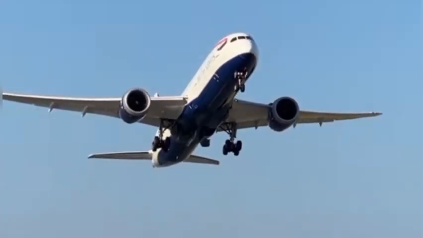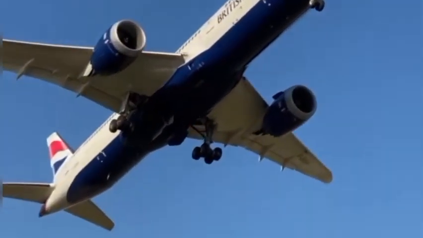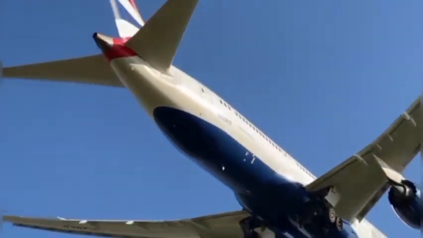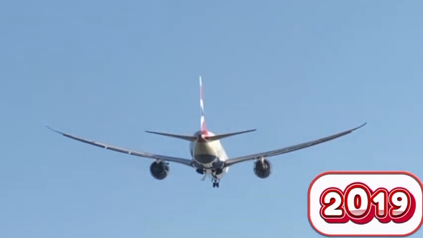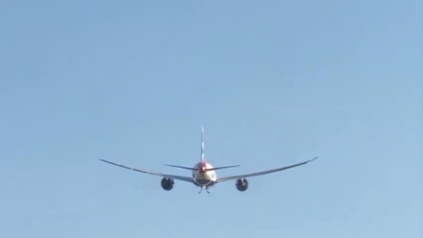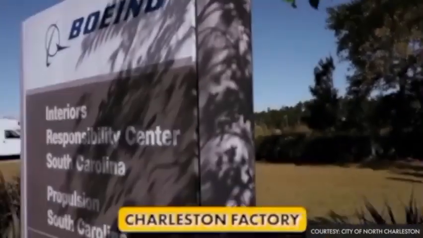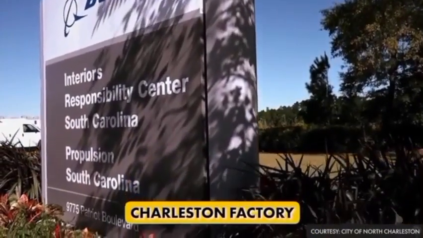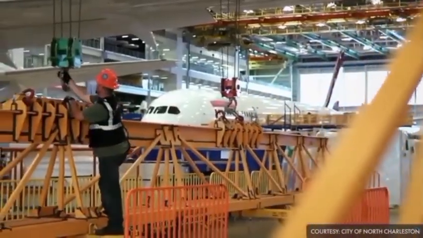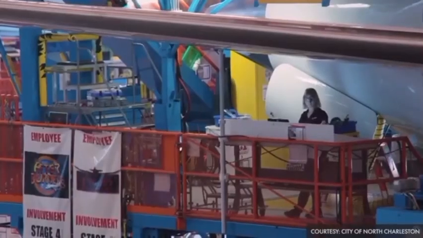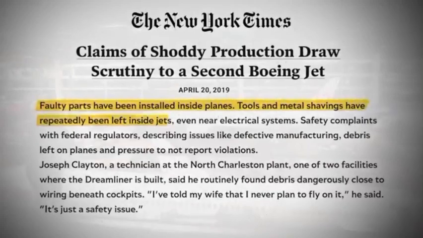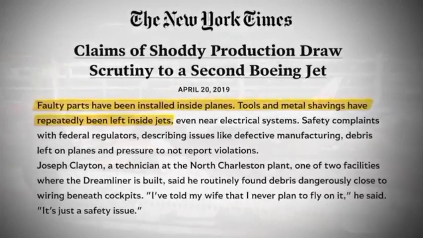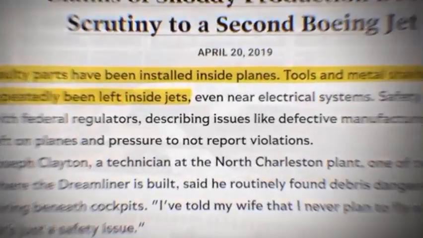This engineer had also told his supervisors about these safety issues, but no one listened to him. In 2019, in the New York Times investigation, Boeing's own employees questioned the safety of the Dreamliners made in the Charleston factory. These employees had claimed that the Dreamliners had faulty parts. Many times, metal pieces like malware were left inside the planes, and they were pressured not to tell anyone about